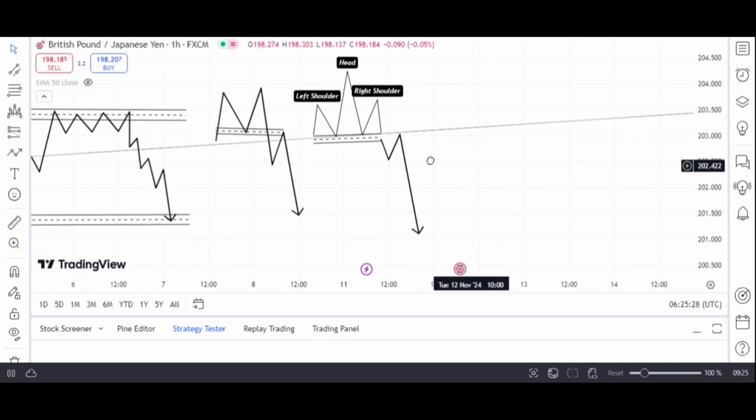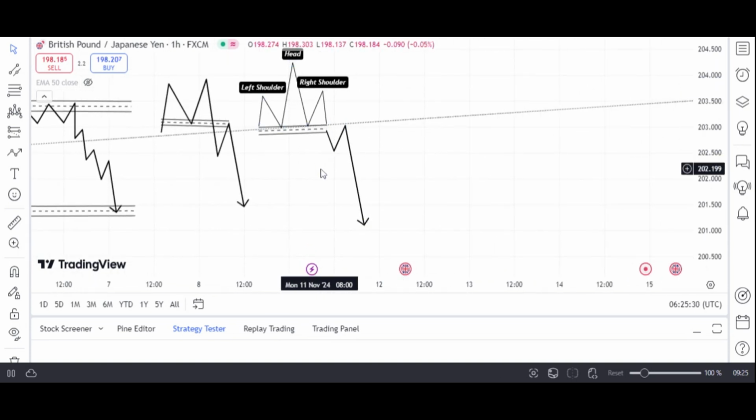Unless when you have very strong news, sometimes you'll find the market not retesting. So it all depends. But the main aim for us using this pattern is so that our stop loss can be a bit small. Okay, and again, the reason why we want to see the market coming to retest it is because